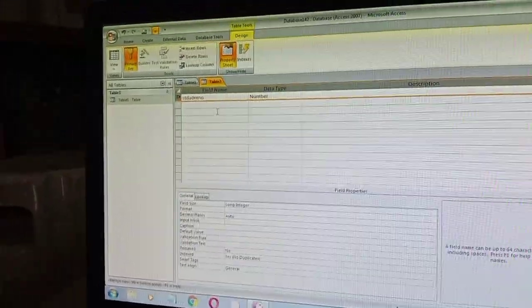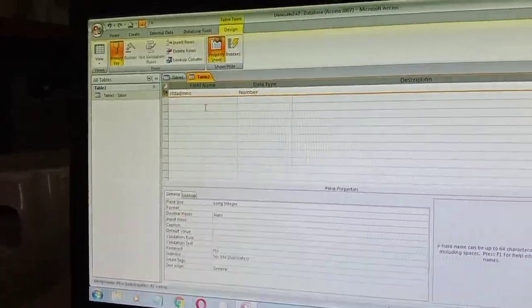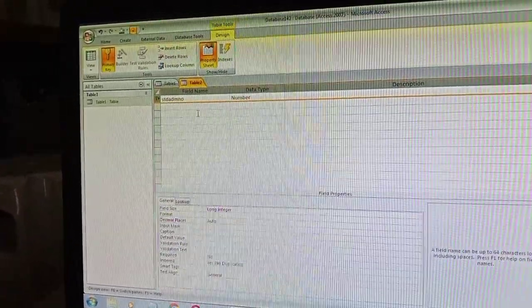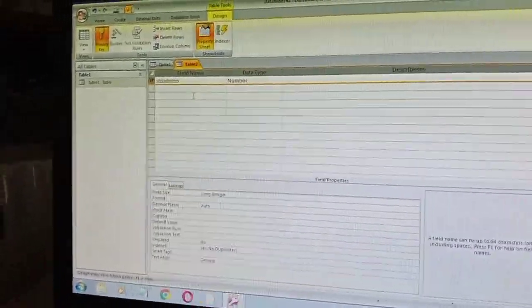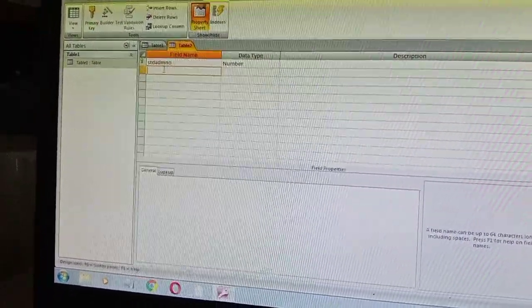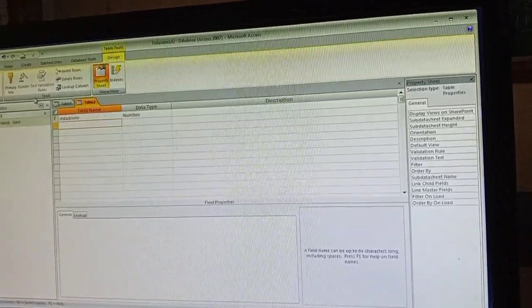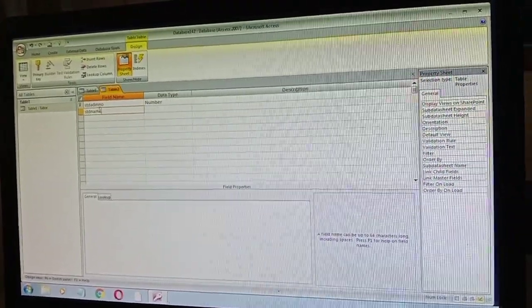I hope you are clear with the concept. A primary key is a unique key which does not repeat the data. For avoiding the repetition of data, you are using a primary key. Now, next after student admission number, I would like to tell about student name. That is the next one.